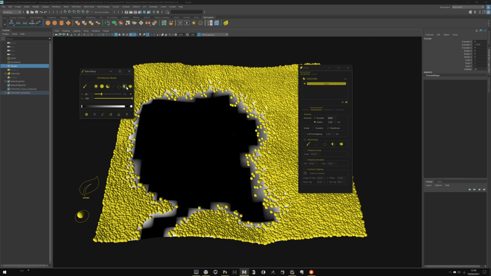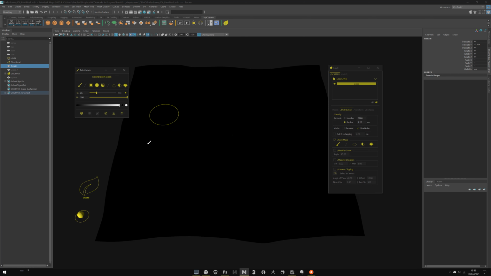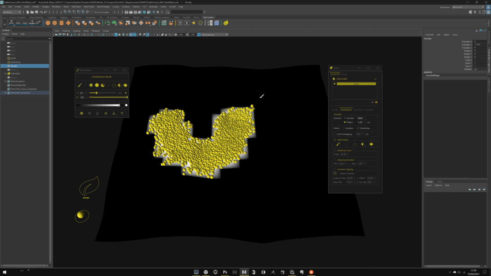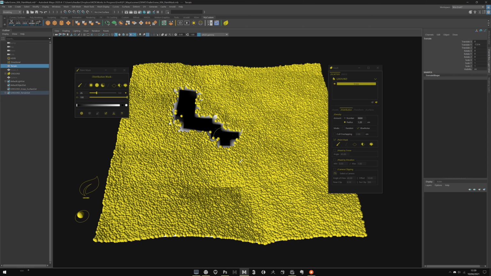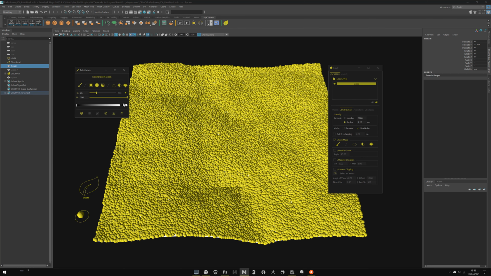Here, what are these three icons? It's just to fill or empty. The first one is empty. When you click, that will empty all your surfaces, and now you are in adding mode. This one will fill everything and you are in subtractive mode. Really simple. Notice when you hit one or another, it will automatically set your paint tool on the opposite or the right color. This way you don't have to care about anything, just paint.